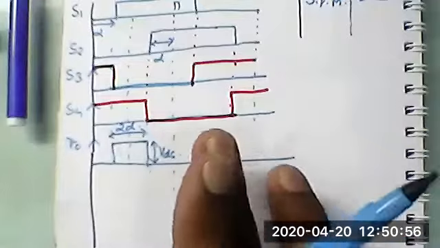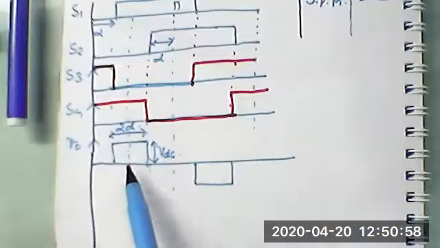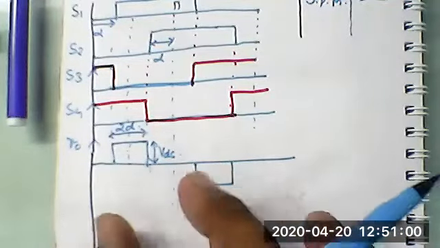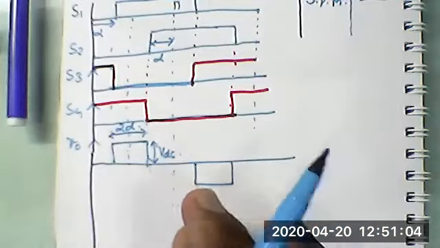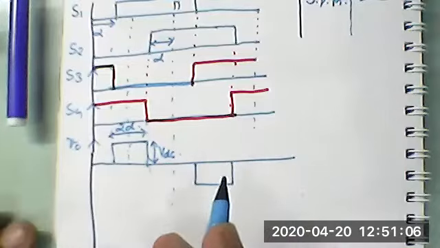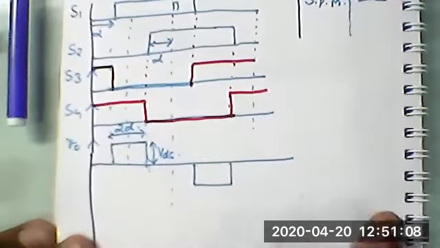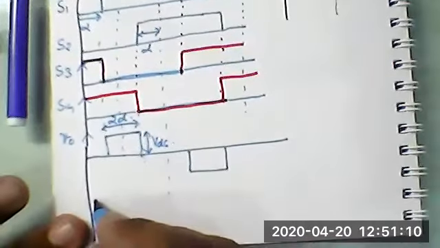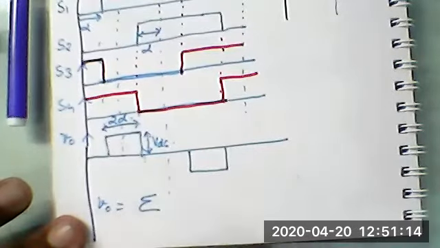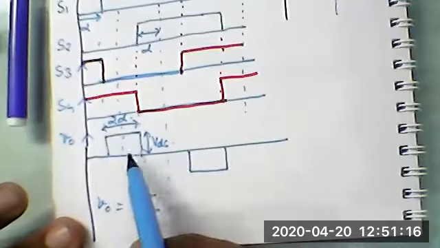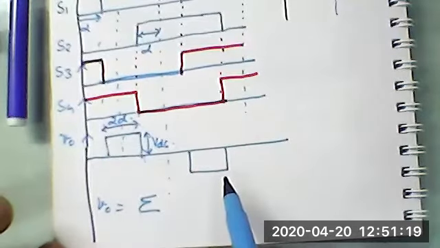How it is generated. Now let us see what is the advantage of doing this thing. Means we are shortening the duration of pulse. So we can find out the output voltage. Instantaneous output voltage is given as V output is summation. This is the square wave. We can write it in the form of sine and cosine.